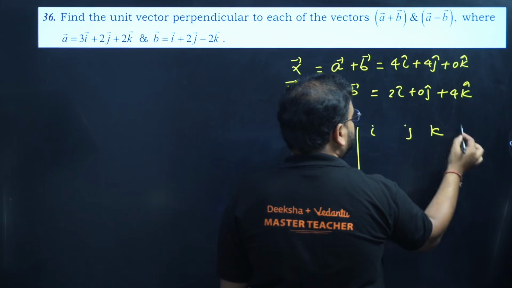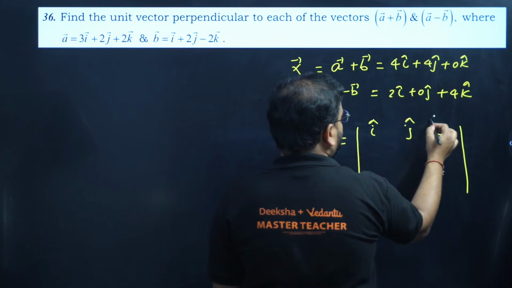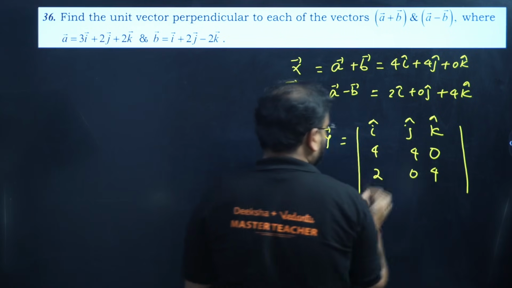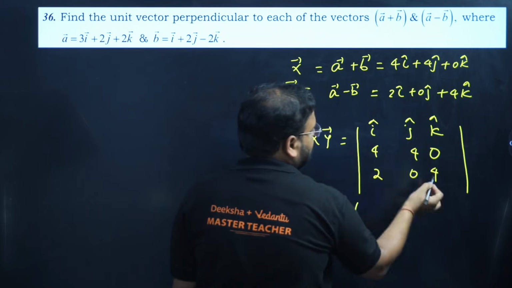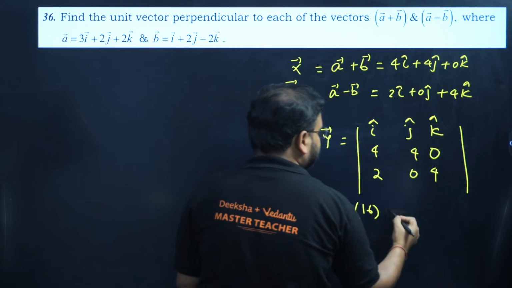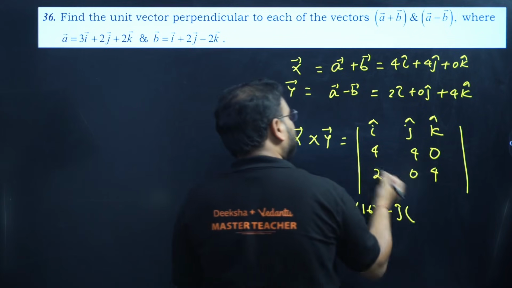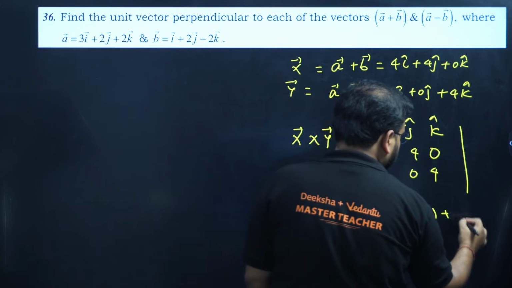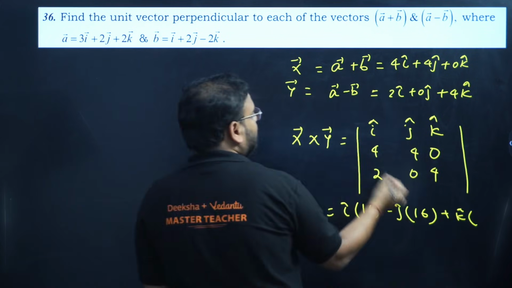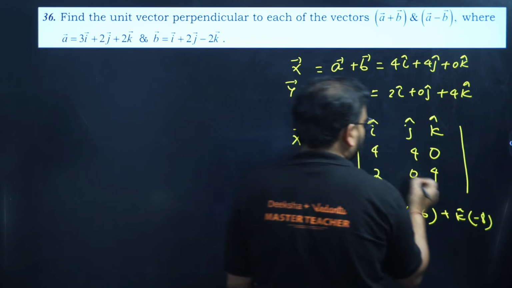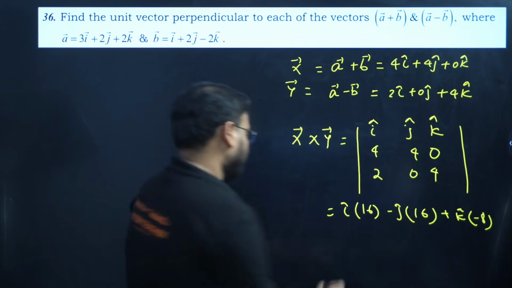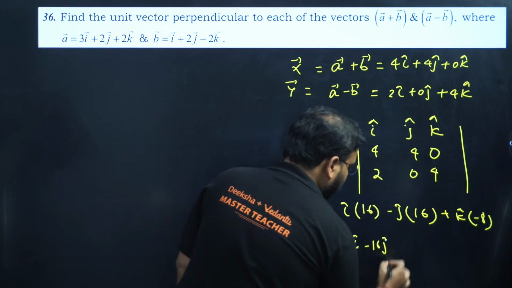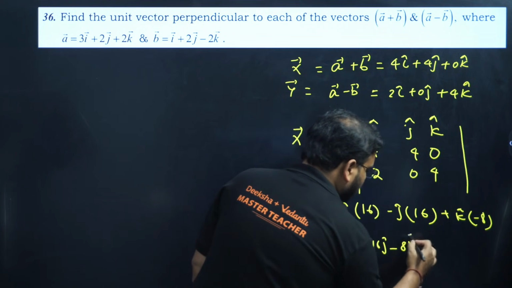How do you find that? I cap, j cap and k cap. The values now 4, 4 and 0, 2, 0 and 4. Now do the calculations. A determinant value we get 16 for the first term with minus j cap. You're gonna get what? Again 16 and yeah, both plus k cap. What you will have? This gone. You'll have simply minus 8. So answer is what? 16 i cap minus 16 j cap and minus 8 k cap is the vector